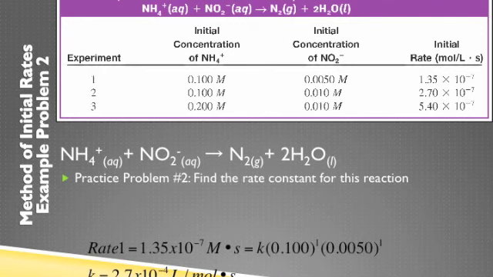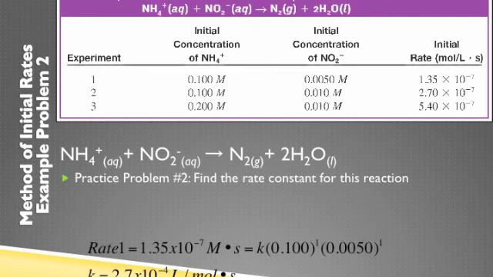In this example, I took the solutions for M and N, which we just found, and placed them back into the information for experiment 1. So the rate for experiment 1, 1.35 times 10 to the negative 7th molar seconds, equals K times the concentration of 0.1 to the first and 0.005 to the first, which leaves us with K equals 2.7 times 10 to the negative 7th